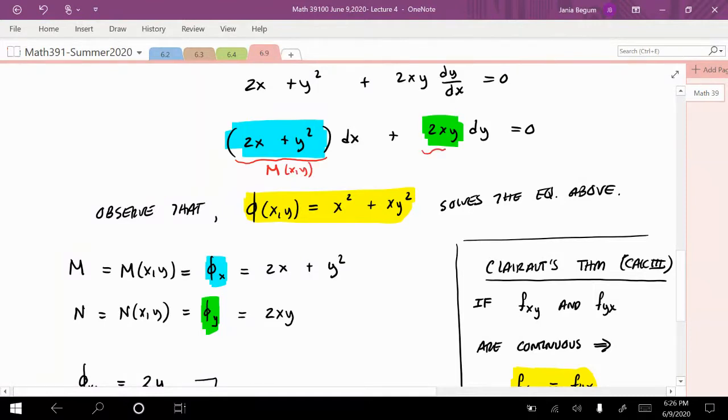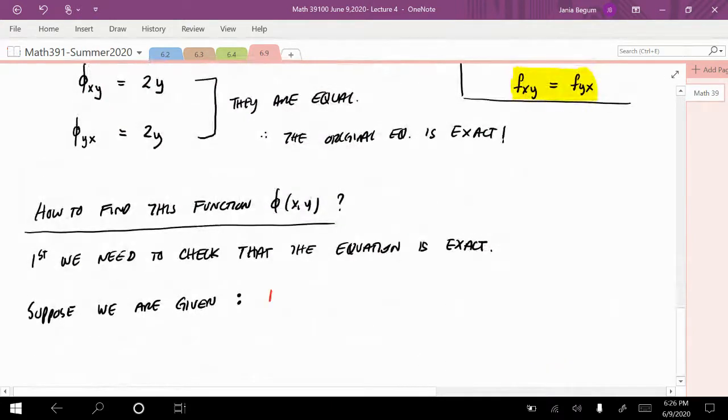And this function right here, this was partial y, we name it as n of xy. So if you're given the following differential equation, m of xy partial x, right, plus n of xy partial y equals 0,